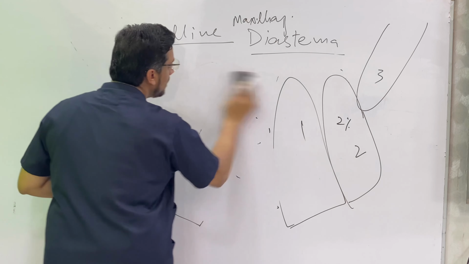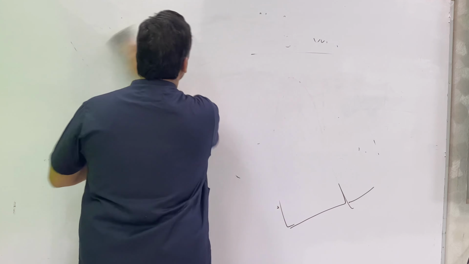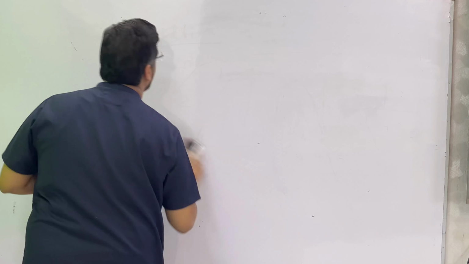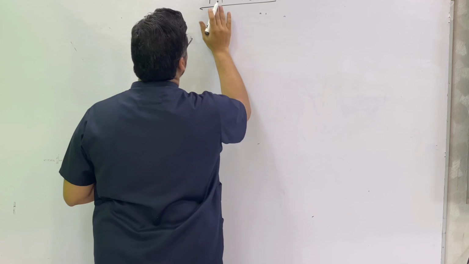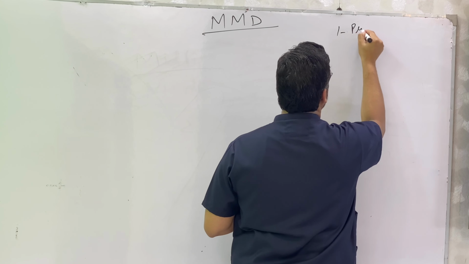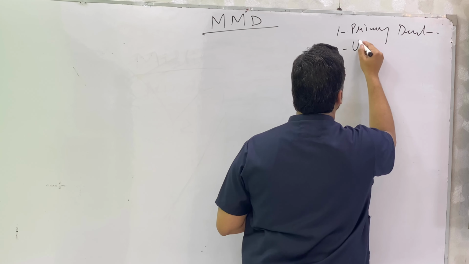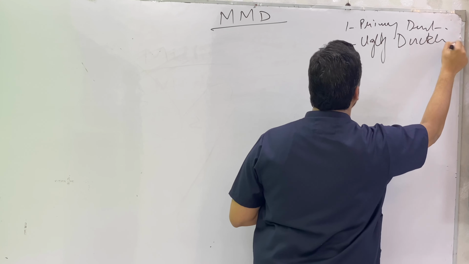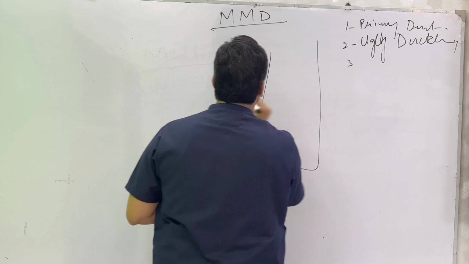So far we have discussed the causes of the diastema, like MMD, which stands for median maxillary diastema. What we have discussed first as a feature of the primary dentition. Secondly, we discussed the ugly duckling stage. Then this gap between the central incisors